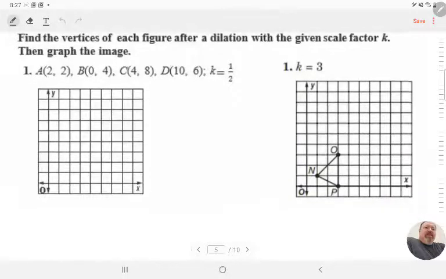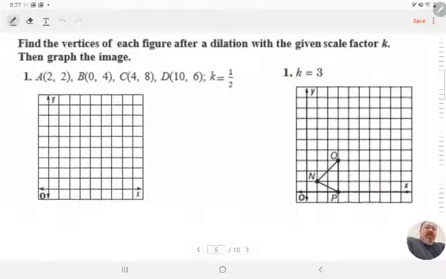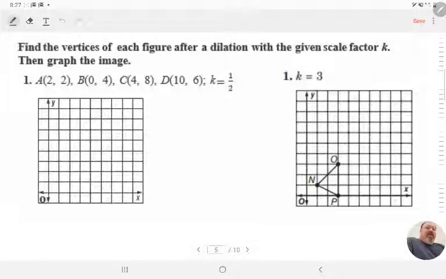All right, let's take a look at a couple of examples that we can work together. Or you could try these and then come back. So we are to find the vertices of each figure after dilation with the given scale factor k. Then graph the image. So on the first one we have